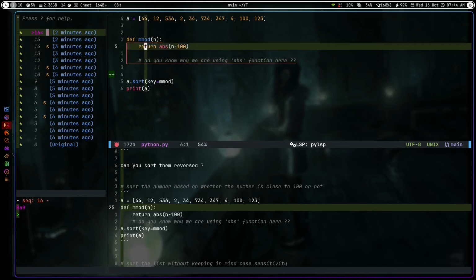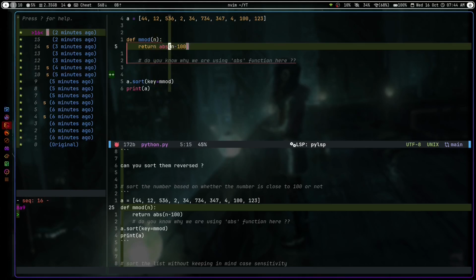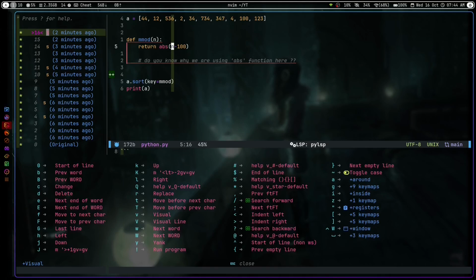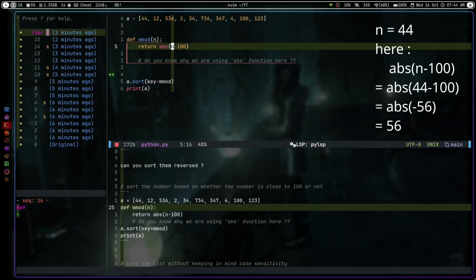You first put it in this function, n equals 44, and then you subtract 100 from it, and the answer comes out negative, but